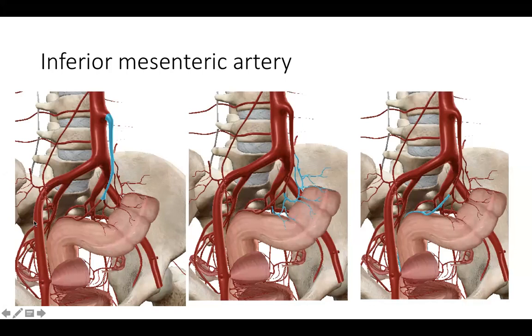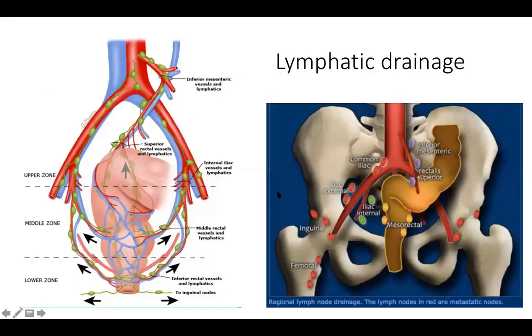The external iliac is not of much consequence when we are trying to understand the blood supply of the rectum and anal canal, but the internal iliac is important and is responsible for sharing the load of the blood supply along with the inferior mesenteric. As we all know, the lymphatics follow the vessels. So if we can trace the vessels, we very well know where the lymphatics are going and where the chances of spread of the disease will be.